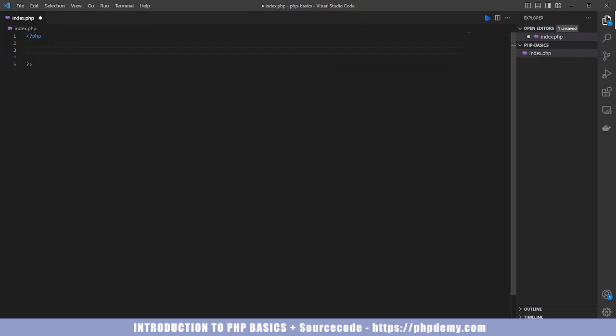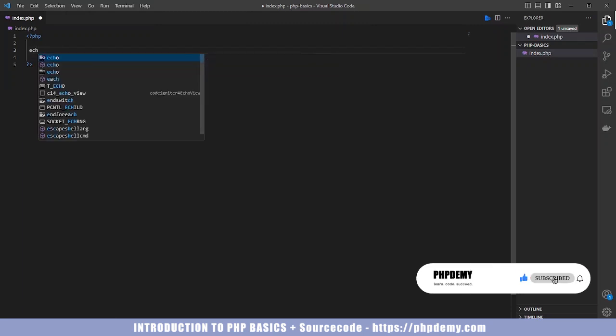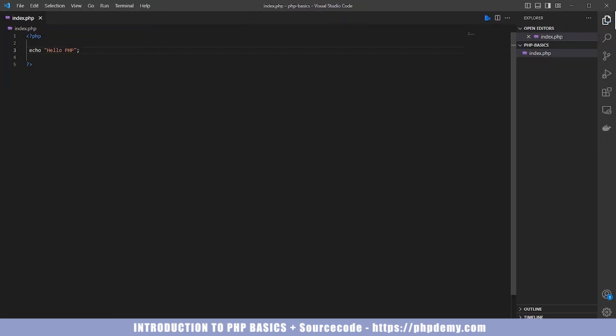And to print out anything in PHP, we use the word echo. And then in order to print this, we embed whatever text that we want to print in a double or a single quote. So we say hello PHP, and then we close it with a semicolon. If we save this and we head to our browser